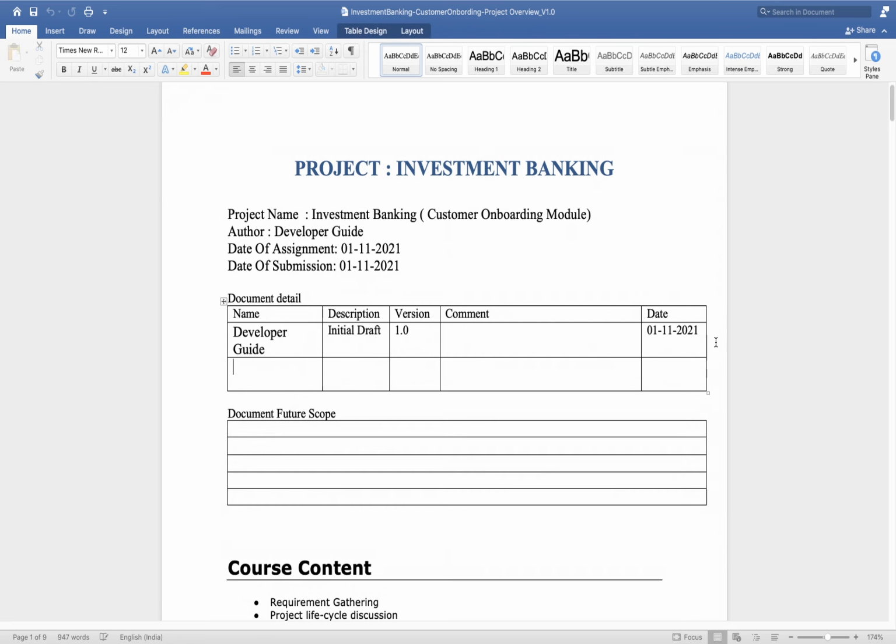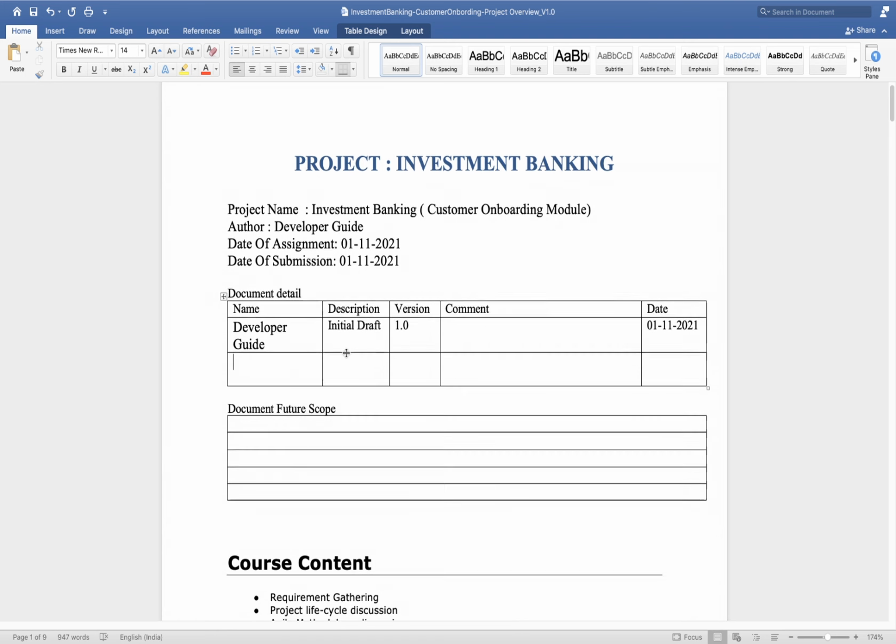If we need any review or any change, then again we need to put our details. So in future, if anyone goes through this document, they will come to know that at this time this particular user made this change, or who created this document. So all those details we should capture here. The same pattern we follow in the functional design document also.